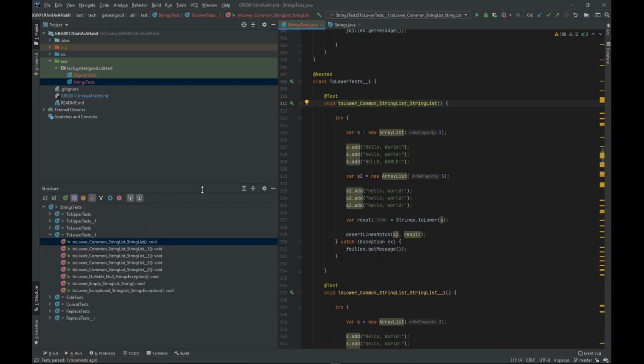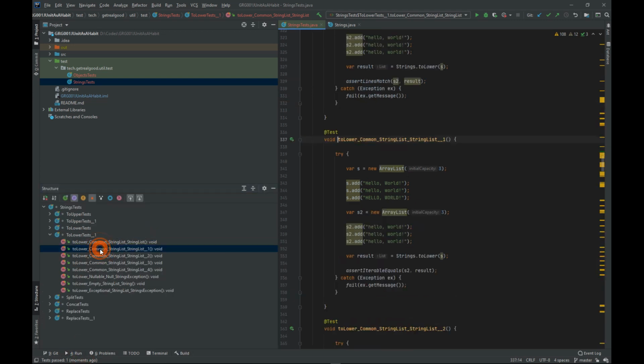Right. Let's go on to the next unit test. toLower_common_string_list_1. And here we do the same thing as in the previous method. Exactly the same thing. But we're using something we haven't seen before. We are using assertIterableEquals. And assertIterableEquals is a